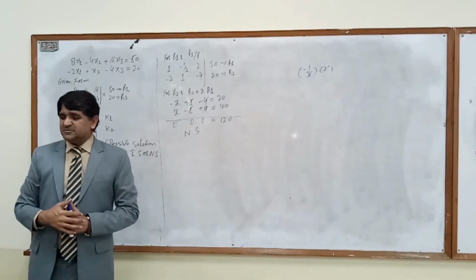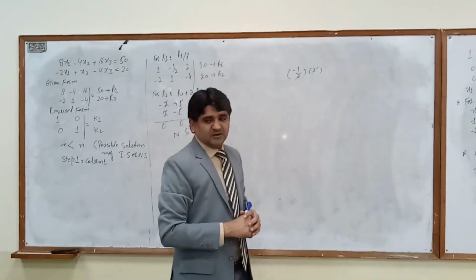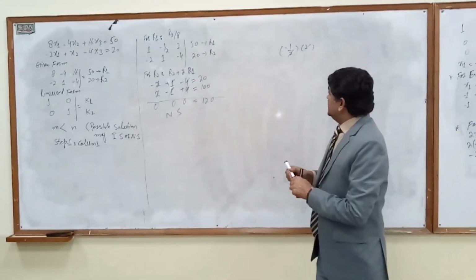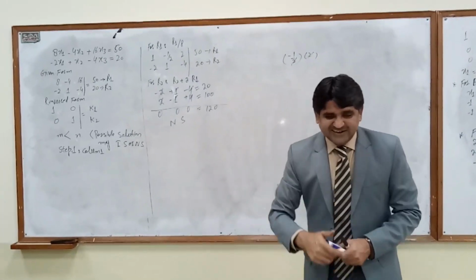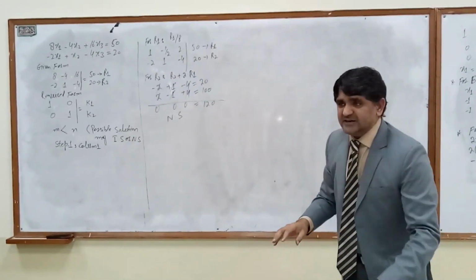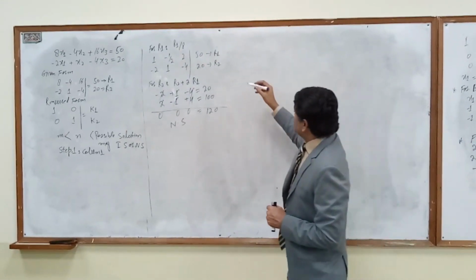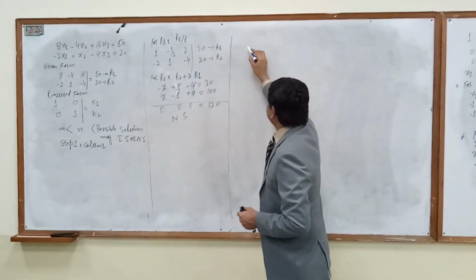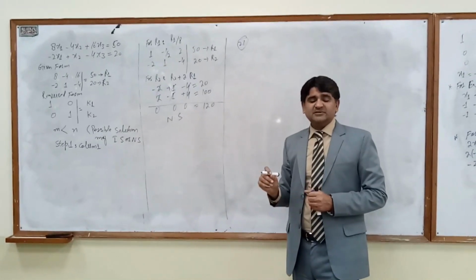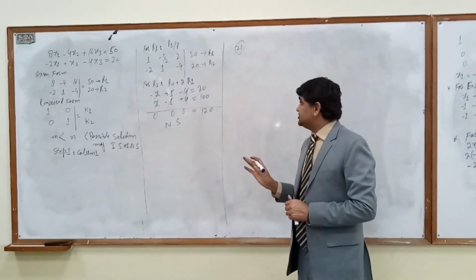Look at your book, question number 21. Here you have to read question number 21: what solution set possibilities exist for a system? In this case, we have to simply identify what solution set can be there. There are 3 possible solution sets to solve a system of linear equations. It may be unique, it may be infinite, it may be no solution.